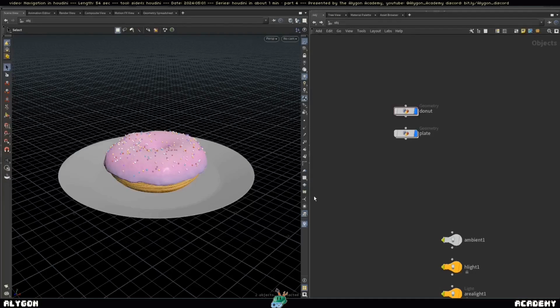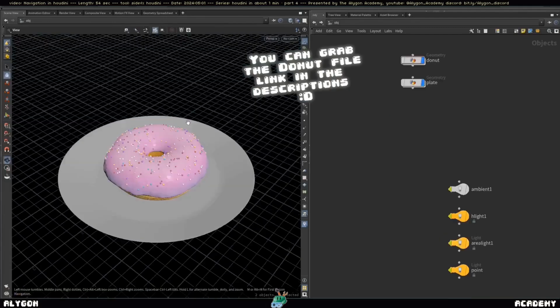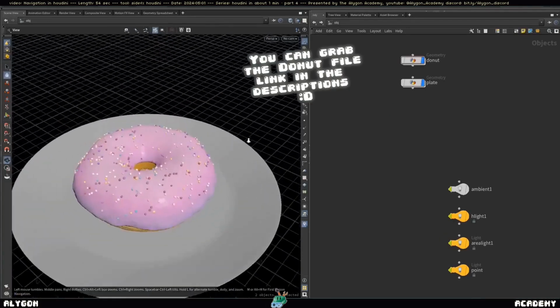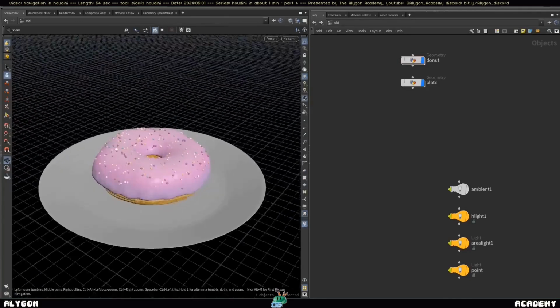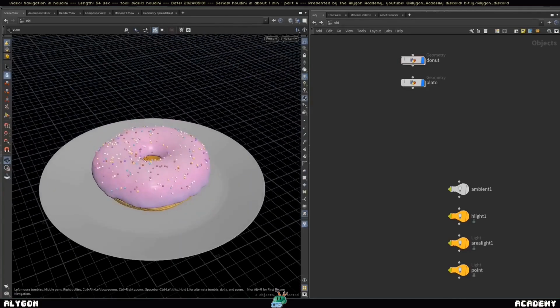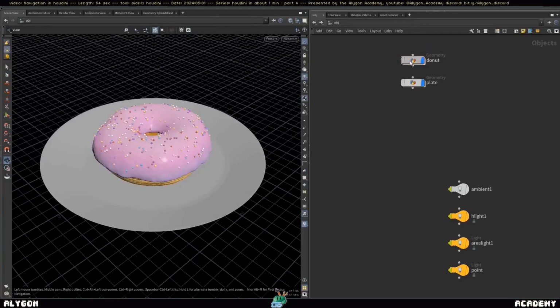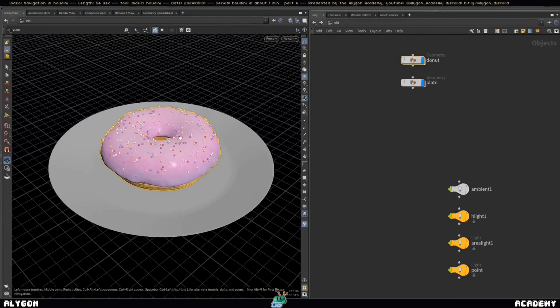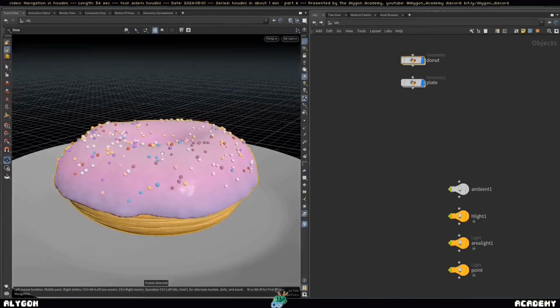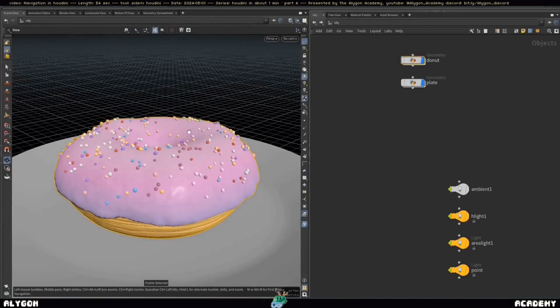To navigate the 3D scene view in Houdini, we have to have the view tool active. Alternatively, you can hold space or alt and that will also have it active temporarily. Right clicking is to zoom in and out, left clicking is to rotate the scene view, and middle click to pan the view. Also we have F that allows us to frame active object, as you can see, and Control